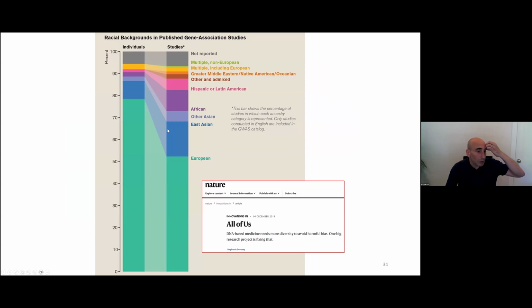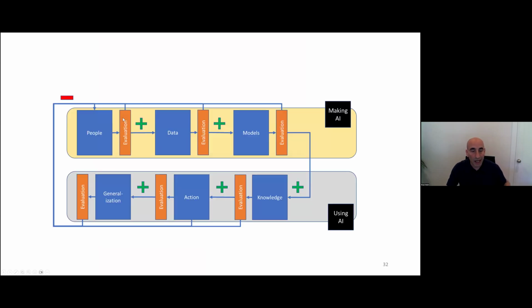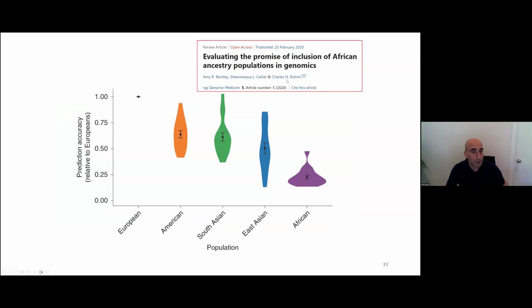What's notable is that we've seen people try to diversify the publications associated with which populations are being studied, right? And this was a study that we did for the All of Us program. And so what we saw was that the studies were becoming more diversified, but the data sets that they were being based on were not diversifying. And so they were just changing the focus. And why that becomes an issue, that's a representation issue, but this turns into the algorithmic fairness problem, which is